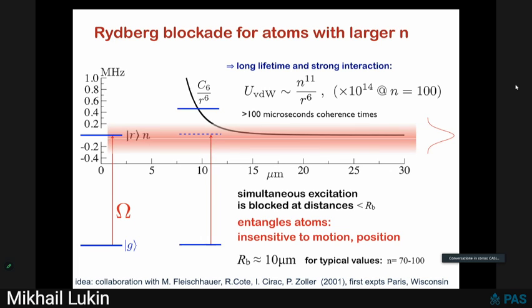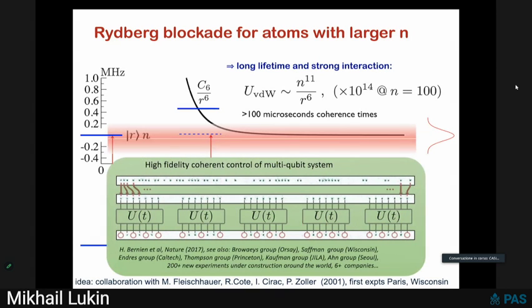This is actually a very good mechanism to entangle atoms because it's very robust with respect to motion and position. So it effectively makes the interaction digital. It's a very important feature which you will see will play a role. All in all, the way this approach works, we assemble some arrays of atoms, subject them to some kind of pulses, and then make a measurement.